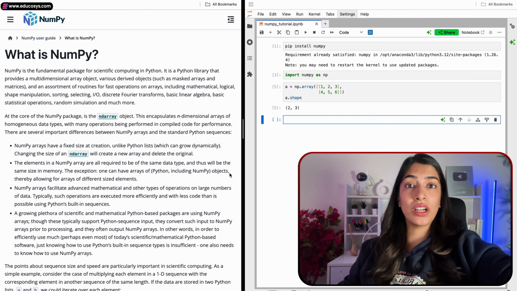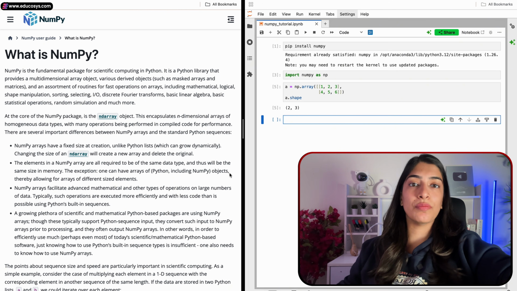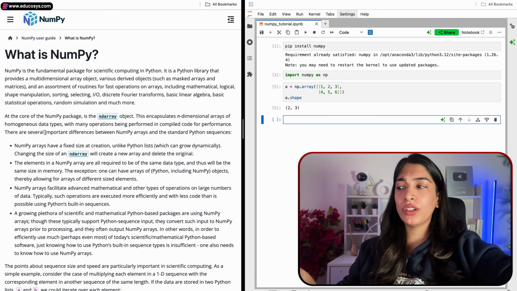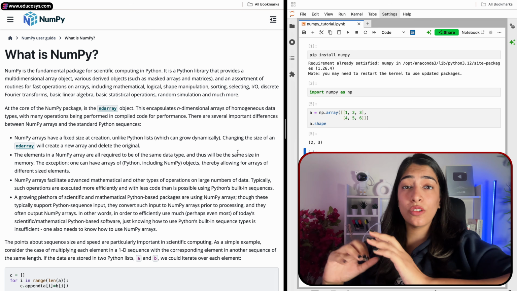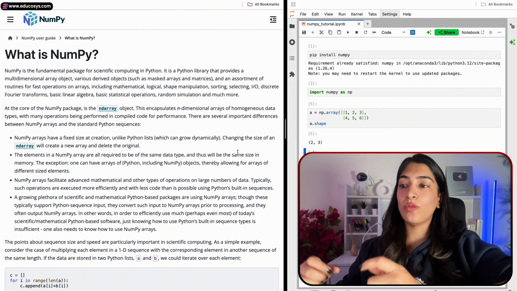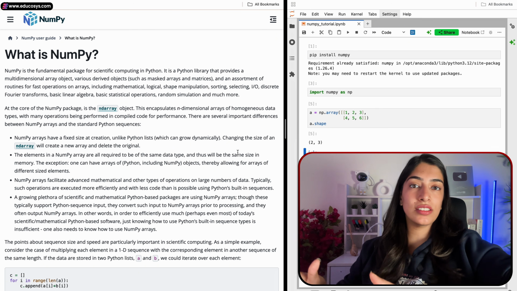One question that should be coming to your mind is why do we need NumPy arrays? Why can't we just use Python lists? For that, it is very important to understand the differences between NumPy arrays and standard Python sequences. Trust me guys, if you can just listen to me for the next 5 minutes, this is the only theory that you need to understand, that why do we need NumPy, and after this we will just be writing